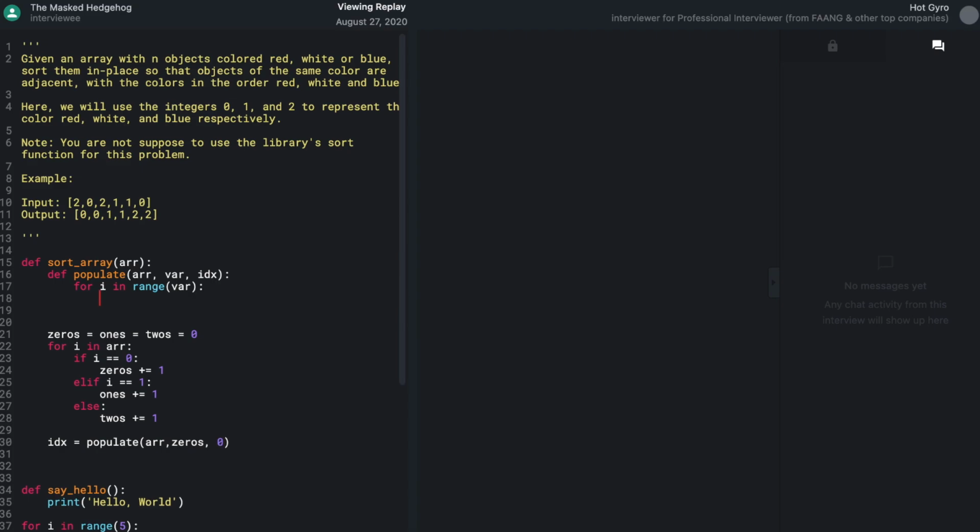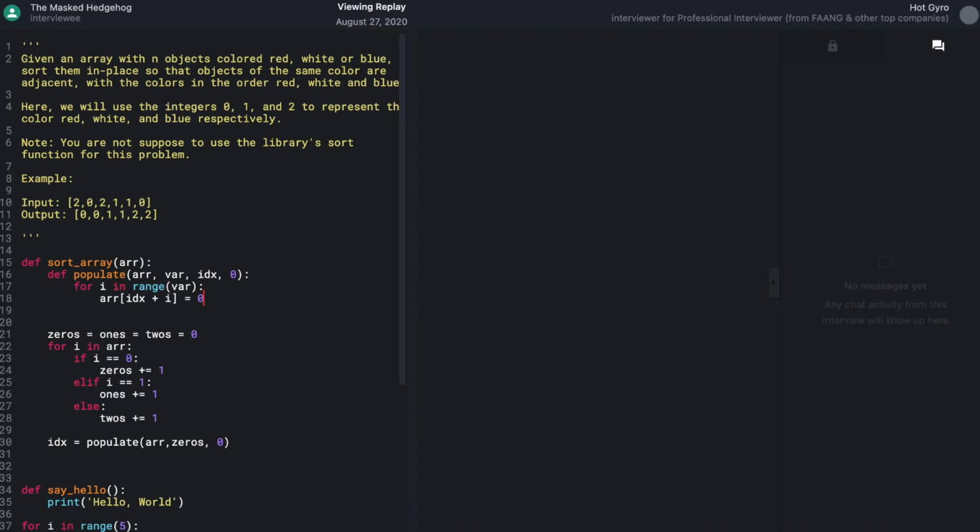So then what I'll do is for i in range var, arr idx plus i, index plus i. Now I have to also select what to populate with, 0, and so this is how it will populate